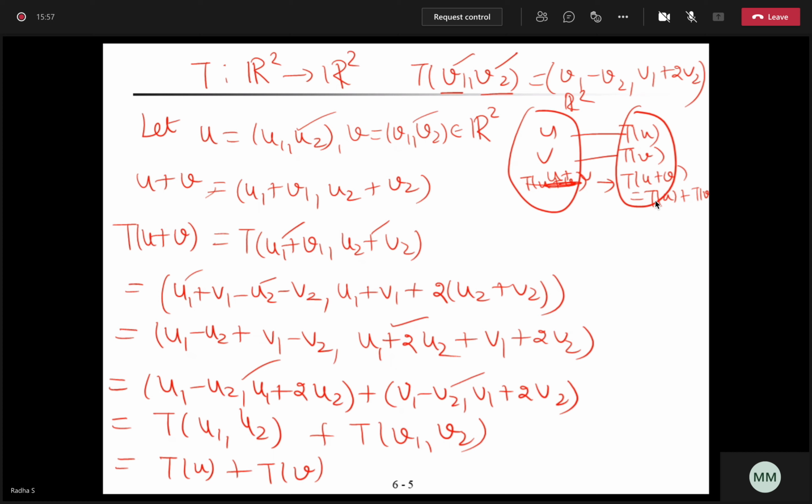One minute. I think you are asking after this step. What is this? Your x coordinate. That's what I keep repeating. And this is your y coordinate. X coordinate comma y coordinate. If you have, what is the transformation? X minus y, then x plus 2y. So in the same way, x minus y I have written, then x plus 2y. Is this clear? Yes, ma'am. Sure. The second part also.